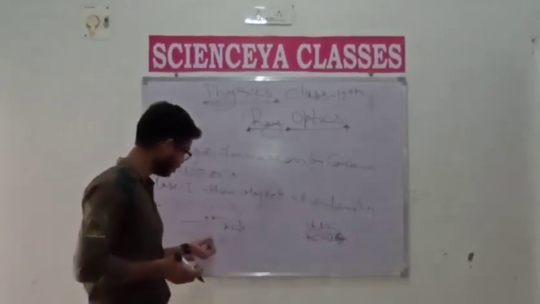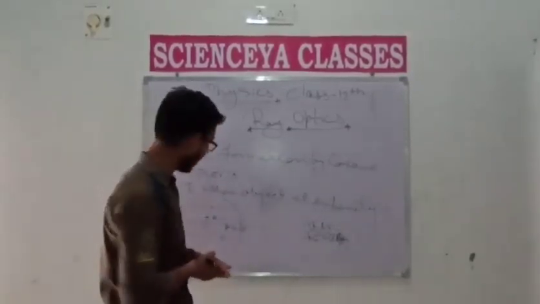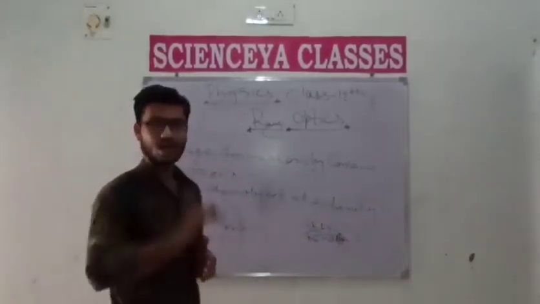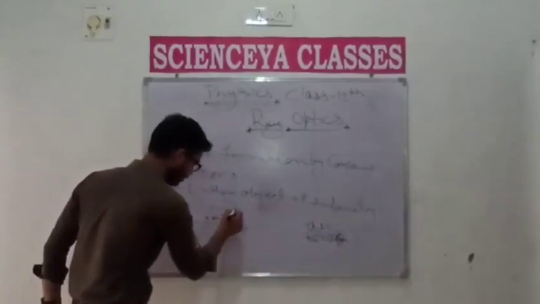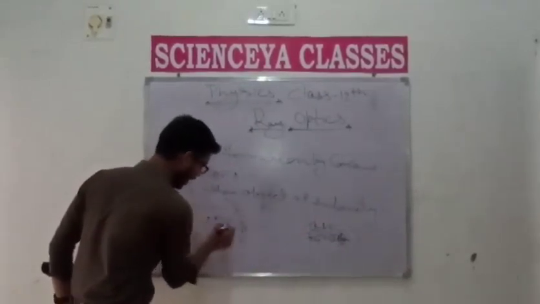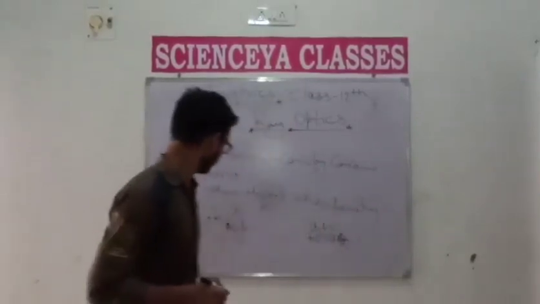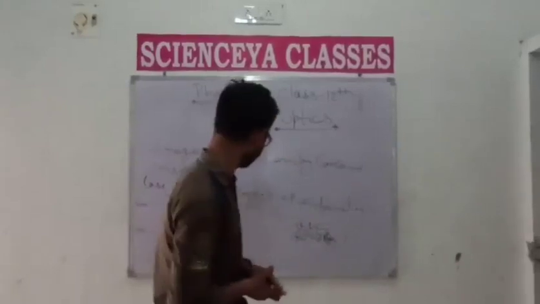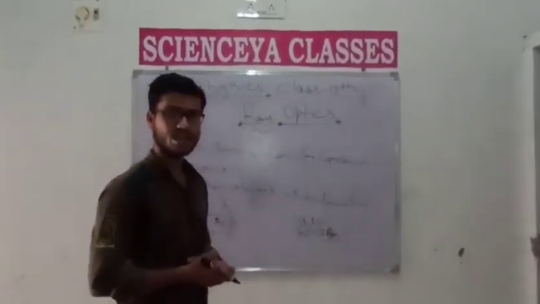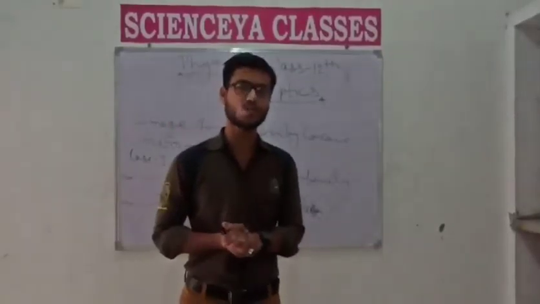So students, these two rays are parallel to the principal axis, and after reflecting from the surface of the concave mirror, both rays meet at a fixed point. This point is called the principal focus. Okay students. So in this first case, the image formed by the concave mirror is very diminished. Here the word diminished is used to describe that the size of the object is very small.